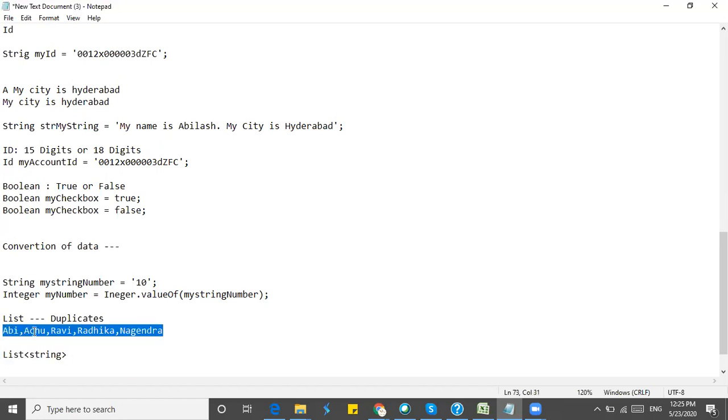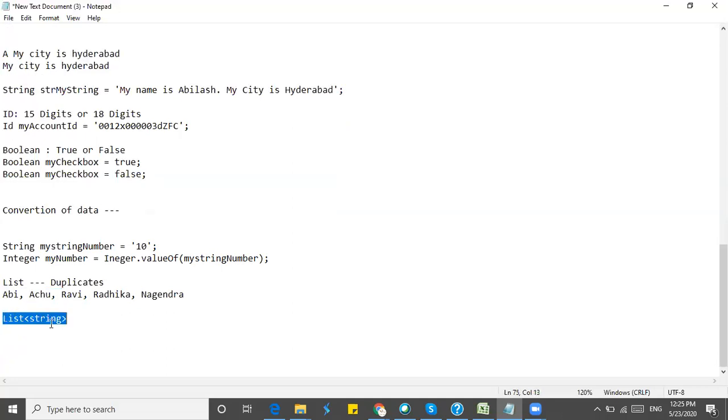Each will be unique and identical. Each will be a different value. It will not be saved as a single string. It will be saved as different strings. Each will be a different one. So list will accept duplicates also.